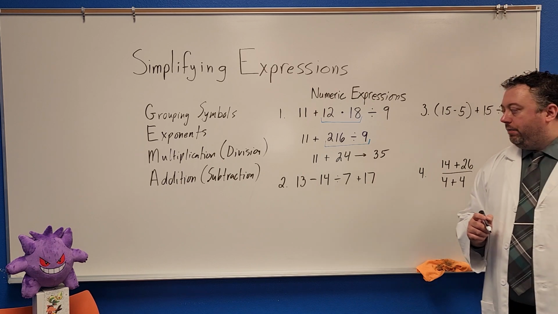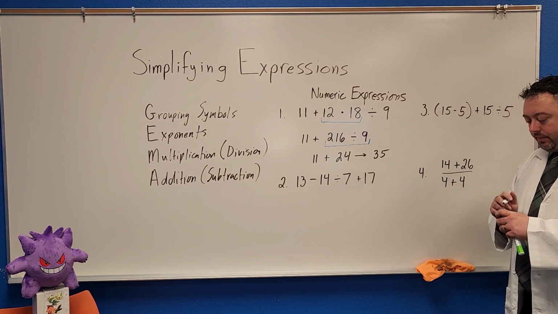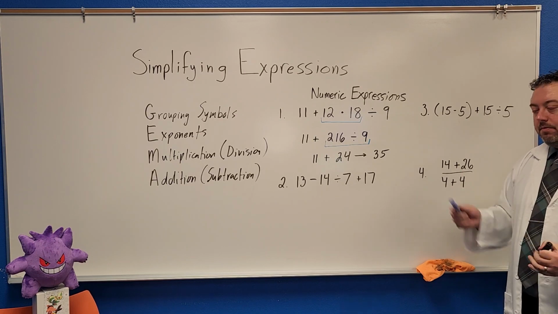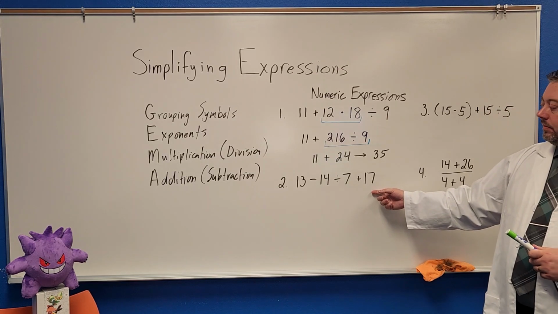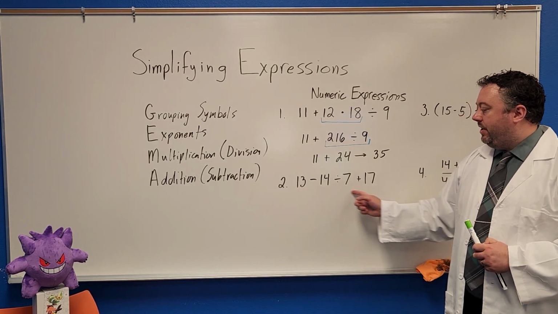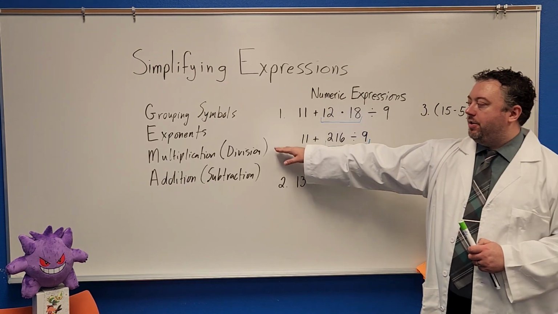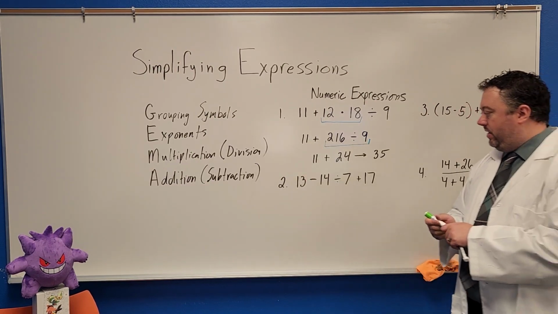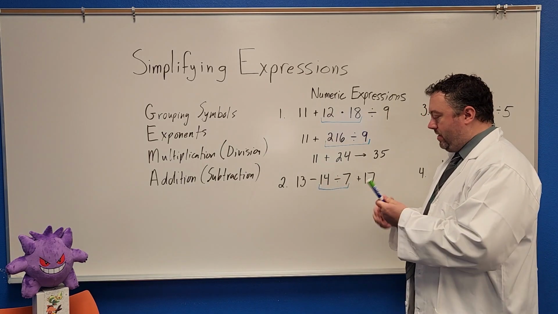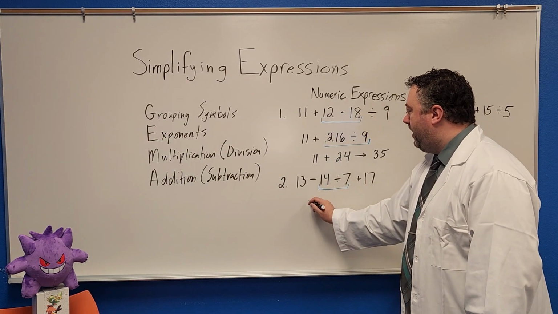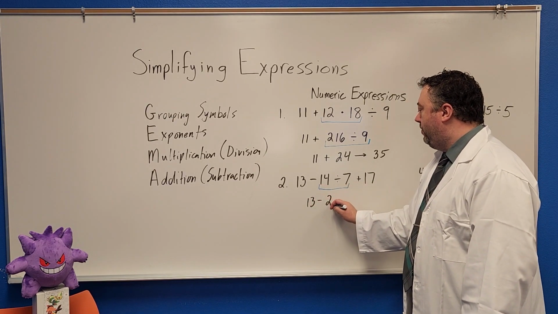Okay, welcome back. Hopefully you've gotten your 3 answers and now you're ready to see if your work compares to mine. As we go through here, with problem number 2, I see no grouping symbols, I see no exponents, I do see a division, which is at the 3rd level for multiplication. So I'm gonna take care of that first. And I get 13 minus 14 divided by 7 is 2